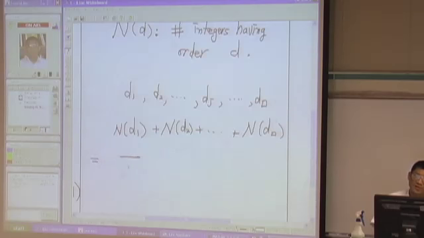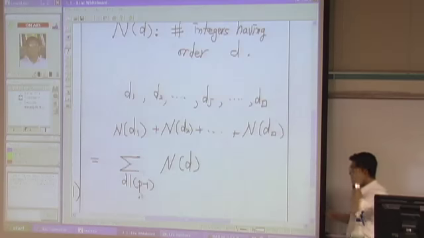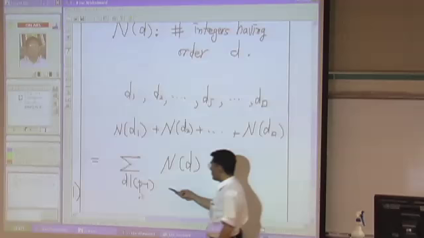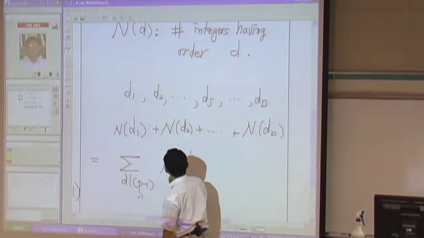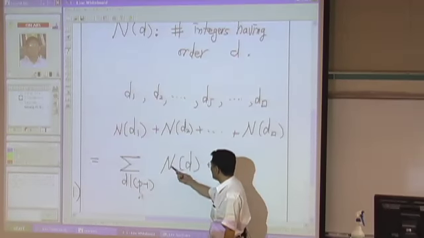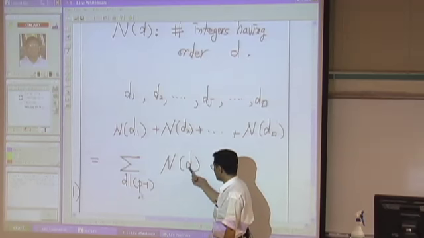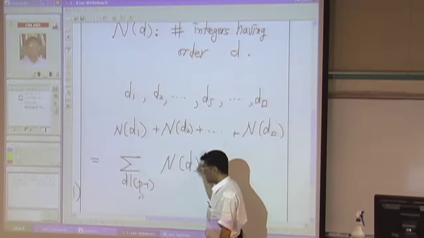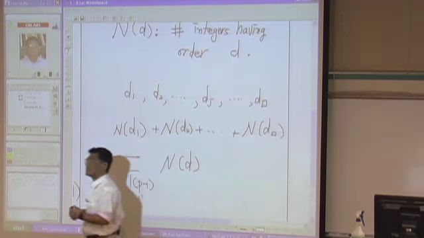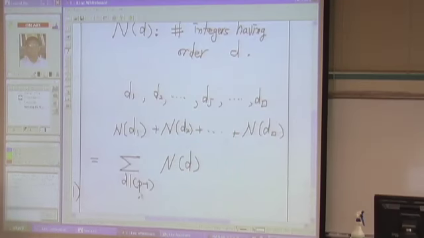I am adding over all divisors of p minus 1, right? The number of integers having order something, which is a divisor of p minus 1. So I am adding these things. Then, as you can see,